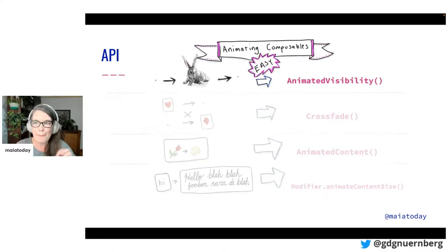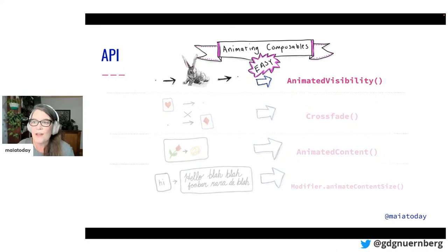Now I'm going to jump into the APIs. These are the animation APIs. I'm going to give you a quick tour through them just to get a sense of what you can do, and then we're going to look at some code examples. I know in Flutter there are intrinsic animations and extrinsic animations, and I think the functions I'm going to show you now map to the intrinsic Flutter animations.